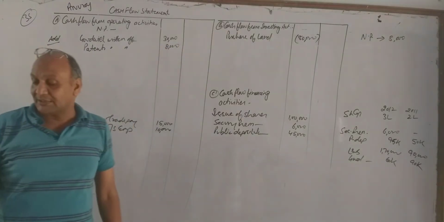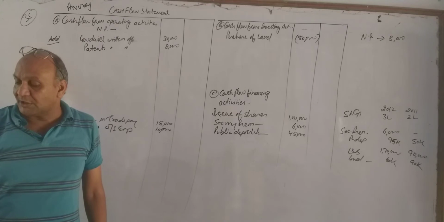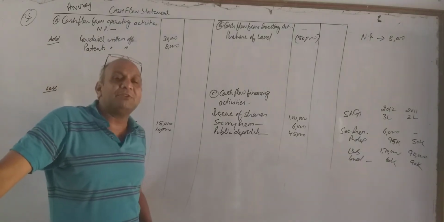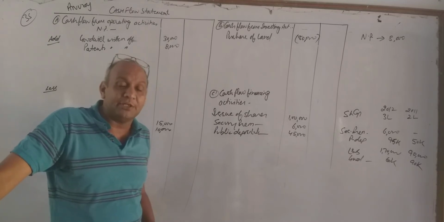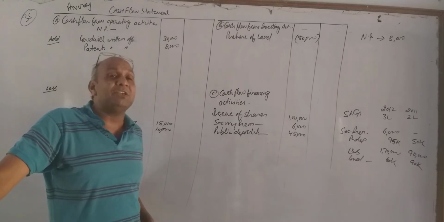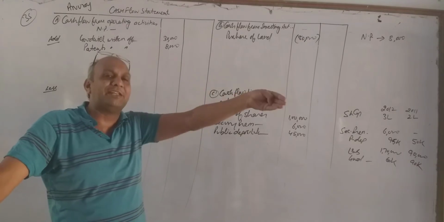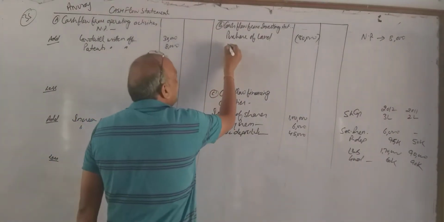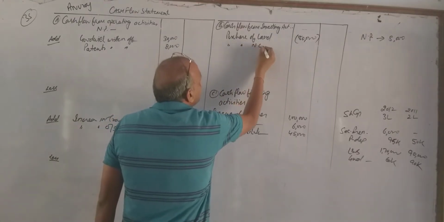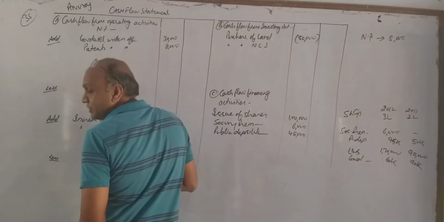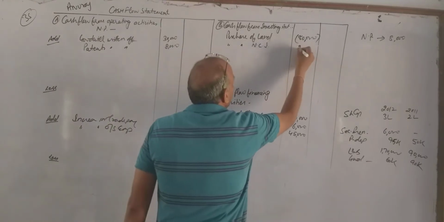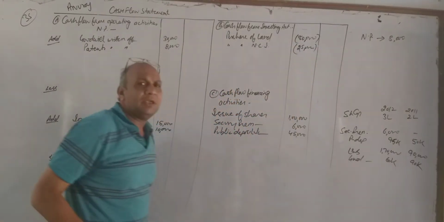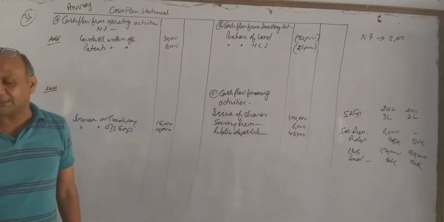Now, with this our fixed assets is over. Now long-term investment. Last year 40, now 65. Long-term investment. It means investment increased. Why investment increased? It means we invested more amount outside the business in form of share or debenture. So again it is investing activity. Purchase of NCI, non-current investment. It becomes, my dear friends, 25,000 rupees. They are increasing. It means money is going. If money is going, it becomes bracket item.